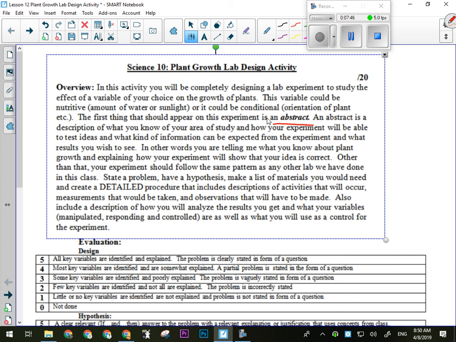So it should be about 3 or 4 sentences. Okay, here's what I know about plant growth. This is what I'm going to test, and here are the practical applications. That's probably 2 sentences. Okay, so you start out with your abstract, then your problem, variables, hypothesis, procedure, you're done. Okay, questions on the expectations here? All right, so